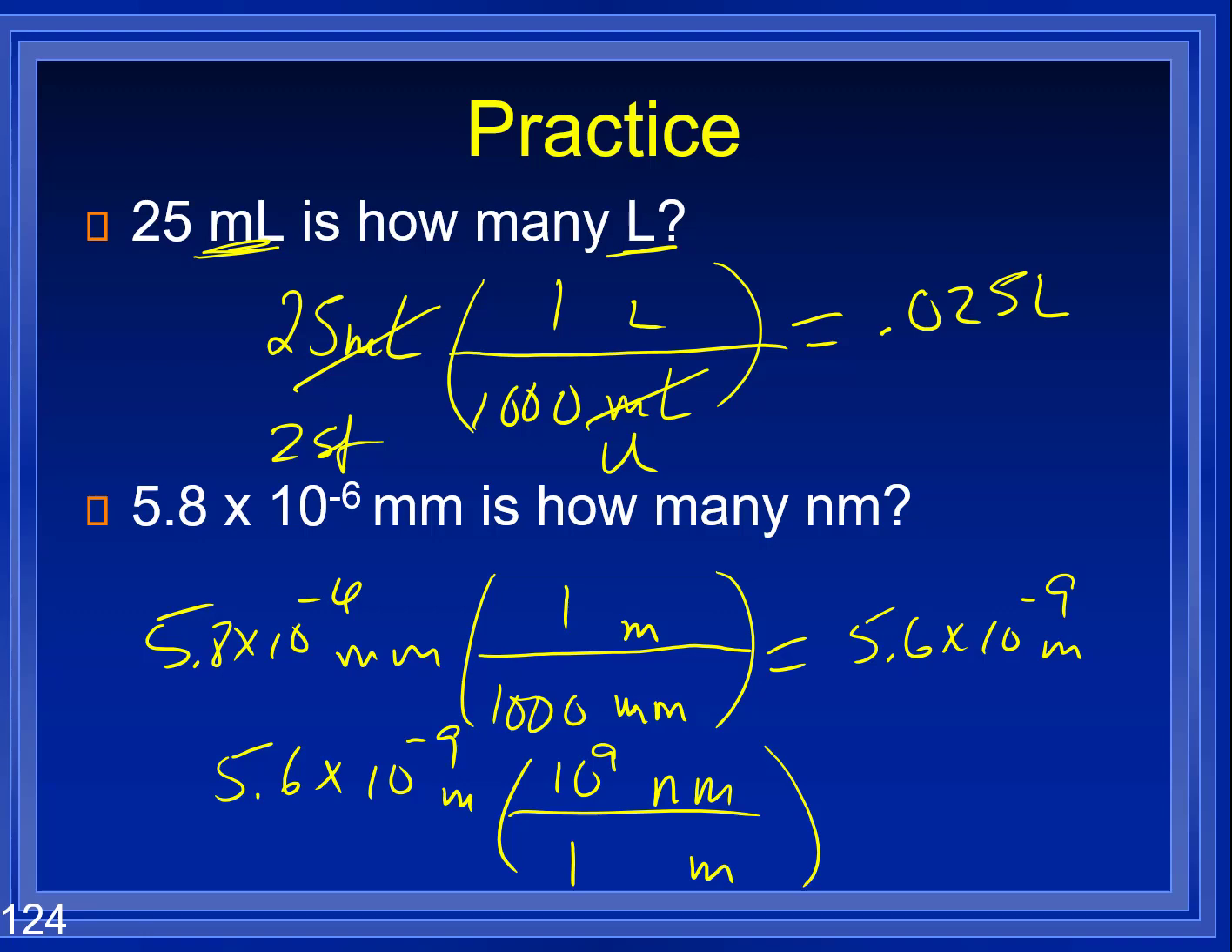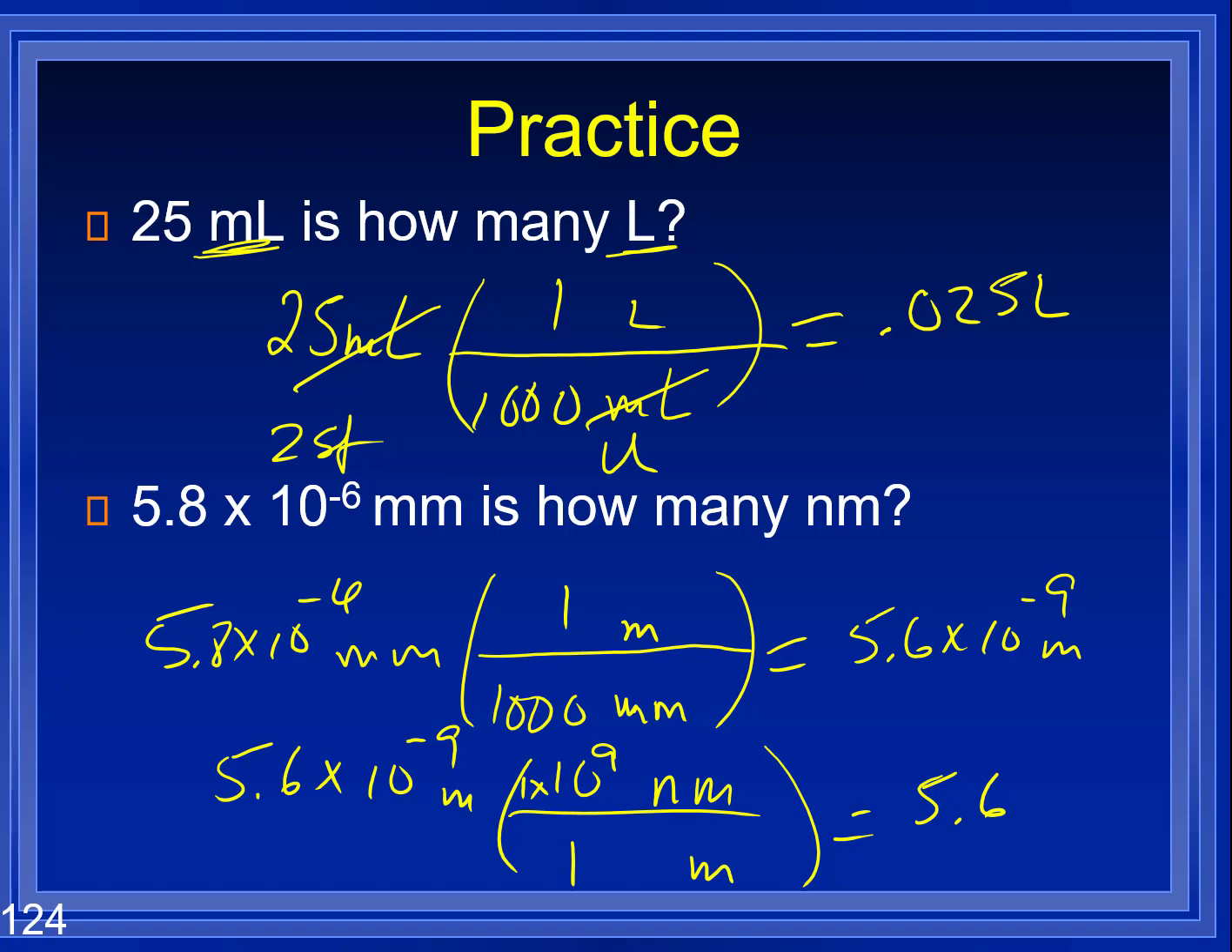5.6 EE negative 9 times, and to get the 10 to the ninth into my calculator, I'm going to push 1 times 10 to the ninth. So instead of pushing 10 to the ninth, I push 1 times 10 to the ninth. Because 1 times 10 to the ninth is the same as 10 to the ninth. And if I do all that, I get 5.6. I didn't do all that actually, because I saw 10 to the ninth and 10 to the minus ninth cancel